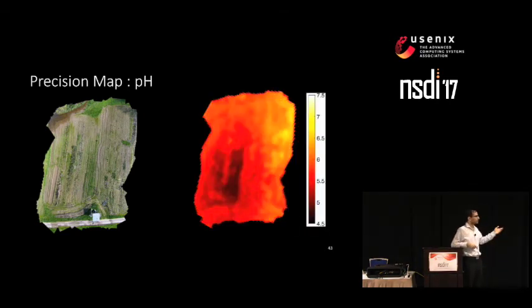This is a pH map. pH is used to measure acidity. It's on the scale of 4 to 7 here, where 4 is really acidic and 7 is neutral. Typically, for most crops, you would want it to be between 6 and 7. And we could observe that this part was doing really bad. This is more like 4. And we could inform the farmer that, yeah, you should probably take some action about that.